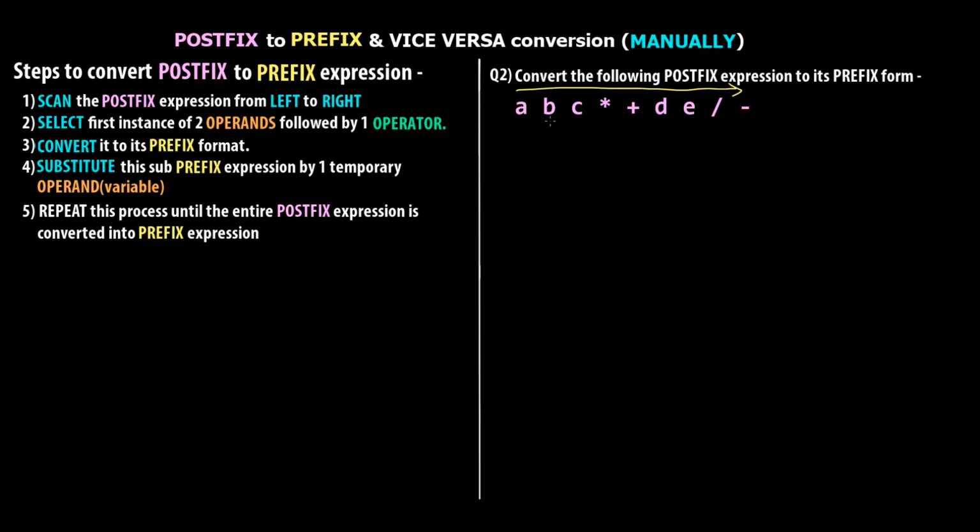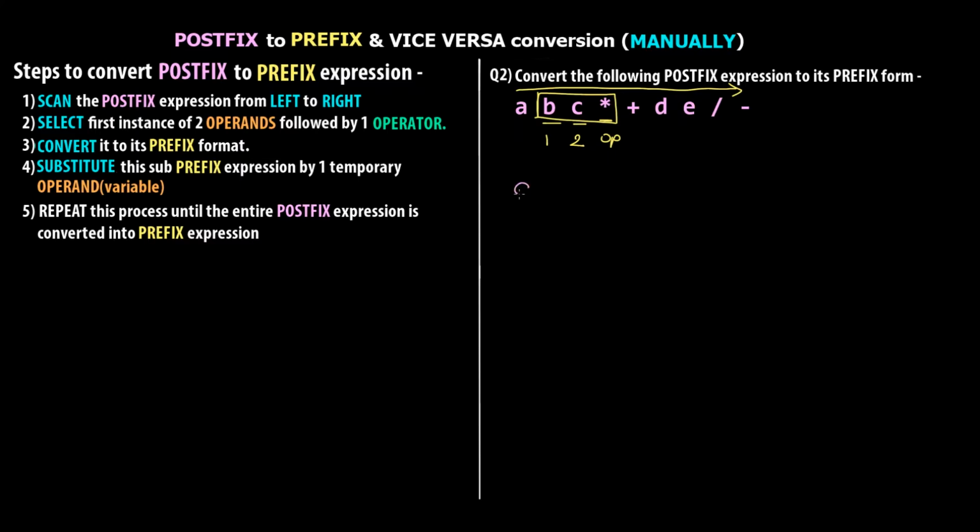So when we go from left to right, you can see this is operand 1, this is operand 2, but after that we have one more operand. So this is not following the pattern of 2 operands and then 1 operator because C is not an operator. So then we move forward. If you see B, C and then star, this follows that pattern of operand 1, operand 2 and then 1 operator, right? So we have to convert this to its prefix format and that would look something like, let me